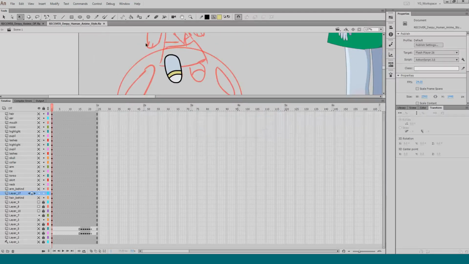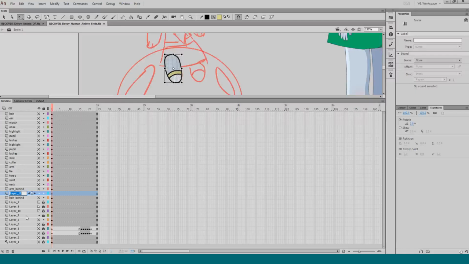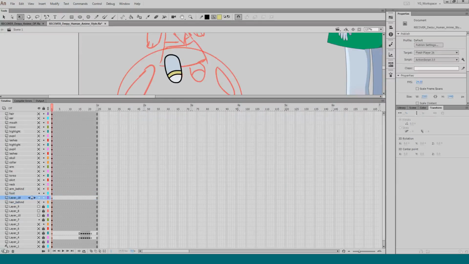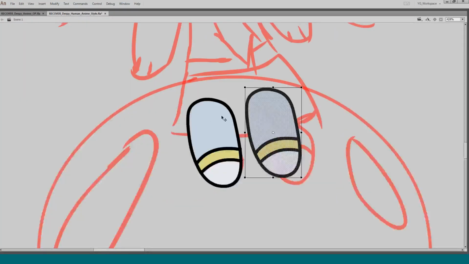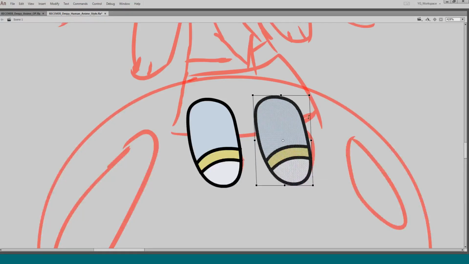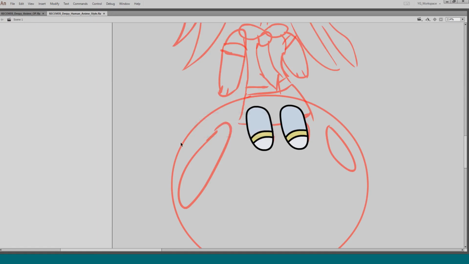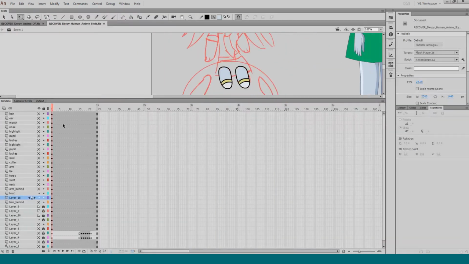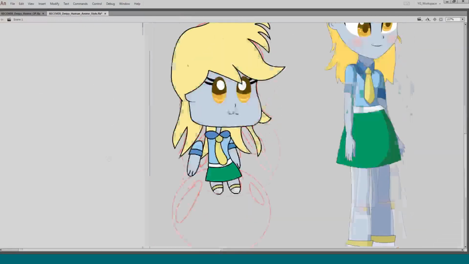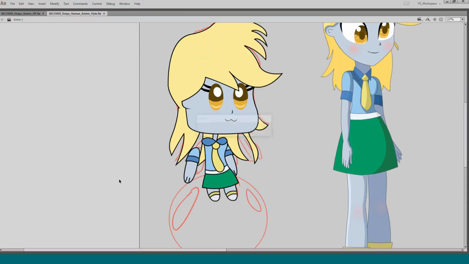Okay. So this is what I call a leg or foot. It's a foot. Copy. And paste. Hey, it's even in the right spot. Cool. Move it a bit. Tilt it. There we go. It would save it for me every 10 minutes. Okay. Yeah. Well, we'll fix this a little bit.